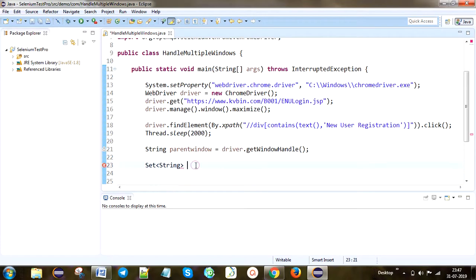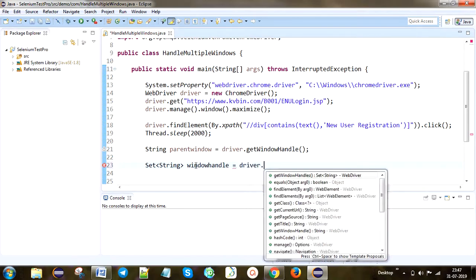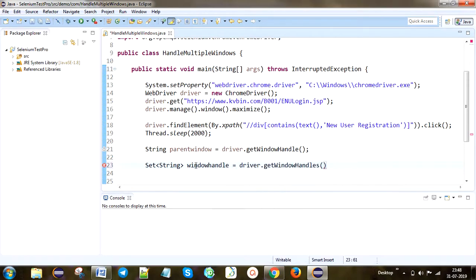Okay, I'm going to create an object, which is handles, window handles, driver.getWindowHandles, because Set of String handles getWindowHandles, which has more than one.